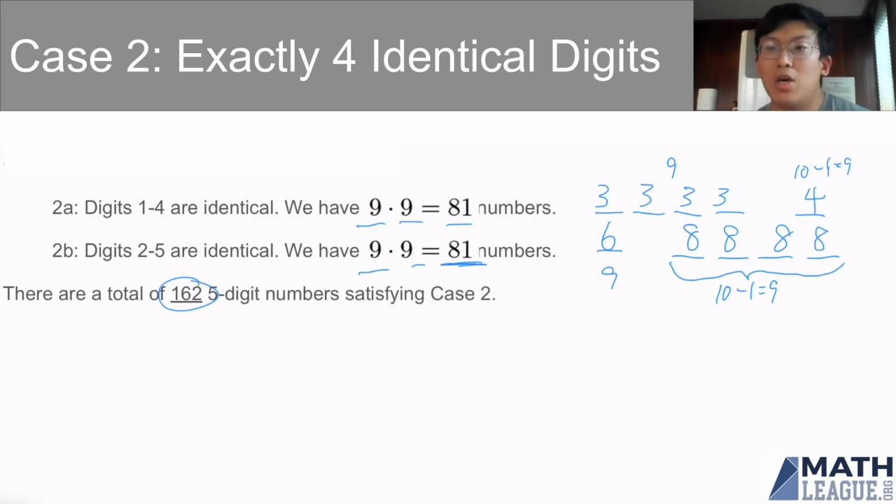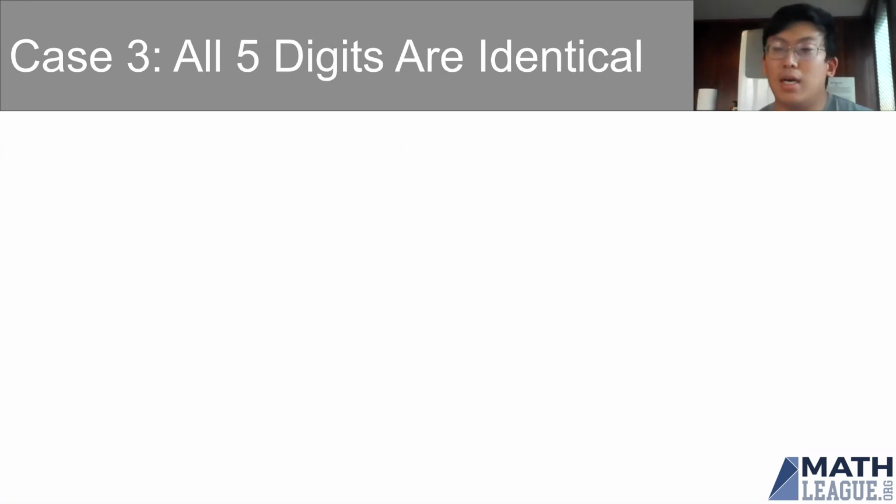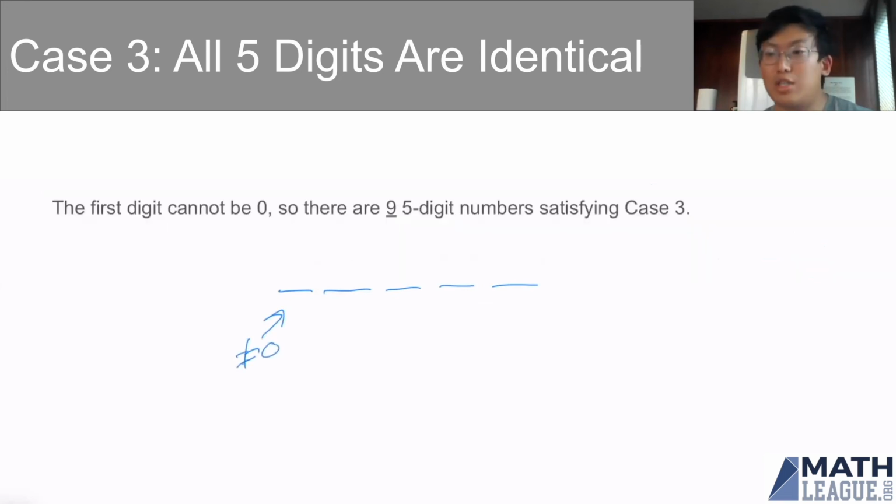Now, finally, we take a look at case 3. In case 3, the simplest case, we have 5 identical digits, which means that all 5 digits are the same. And since we know that the first digit cannot equal 0, there are 9 choices for the first digit. And since all of the other digits are identical to the first digit, that means there are 9 five-digit numbers satisfying case 3. So the numbers would be